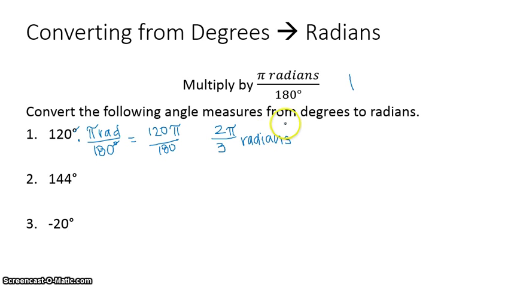Go ahead, pause this, and do numbers 2 and 3. I'll put up the answers for you to check in just a second. Alright, go ahead and check your answers. For 2, you should have gotten 4 pi over 5 radians, and for 3, you should have gotten negative pi